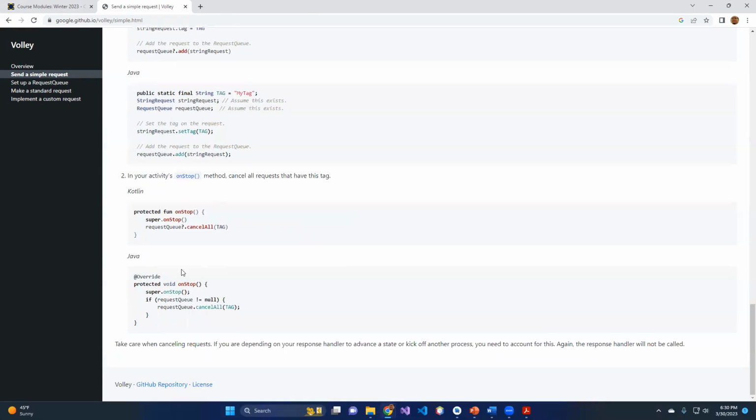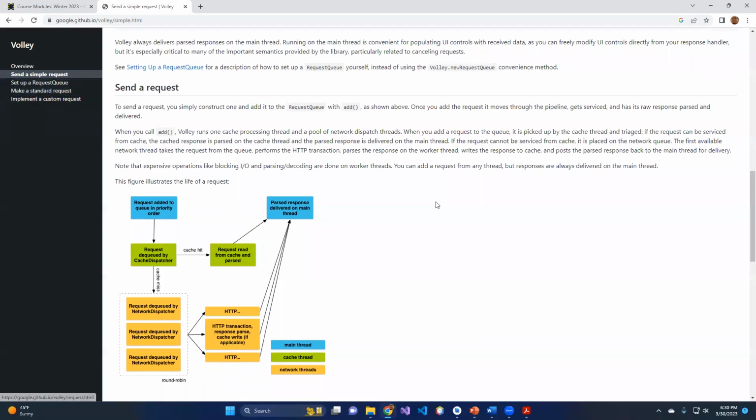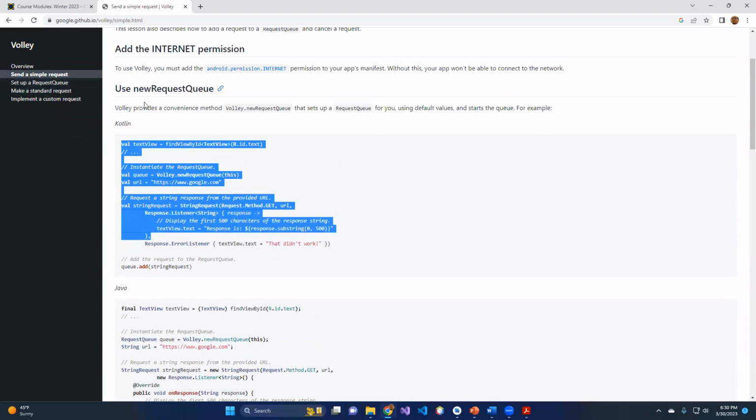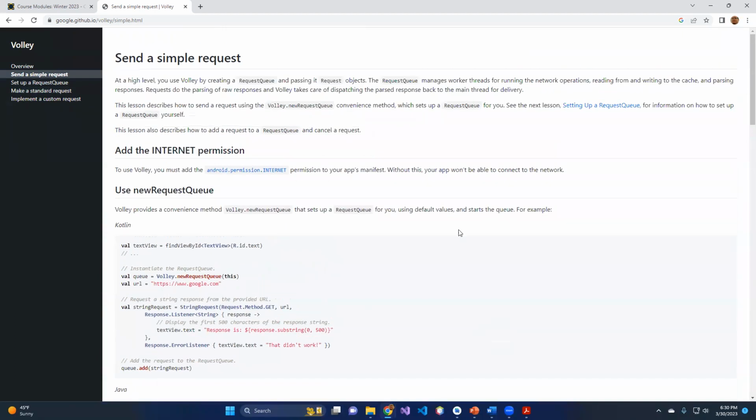Now, half of this stuff you don't even need here, and you don't even need to go to these other options. You just need to look at how do I use the request queue and get what happens when I get the response, etc. So